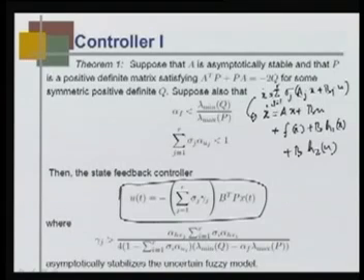We are saying that this system will be stable if the control input u is given by minus sigma j equal to 1 to r sigma j gamma j B transpose P x t. This is my control law, and gamma j satisfies this particular condition,